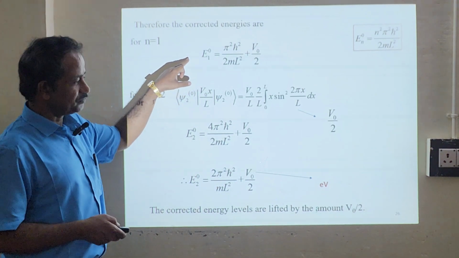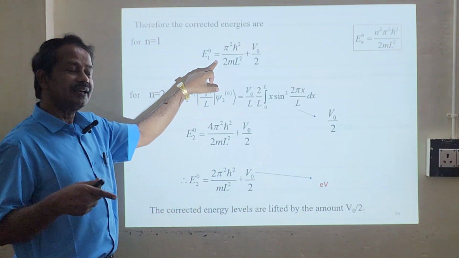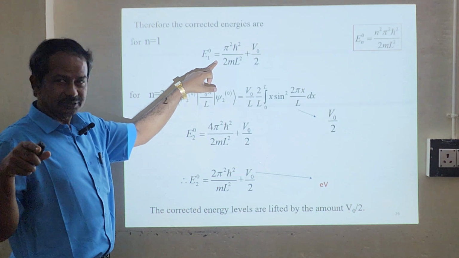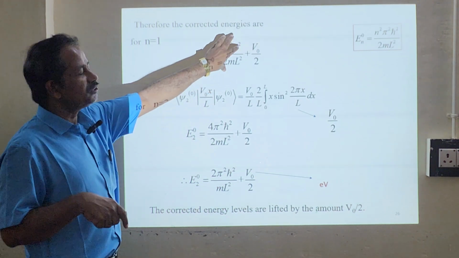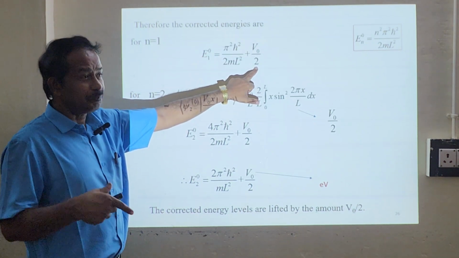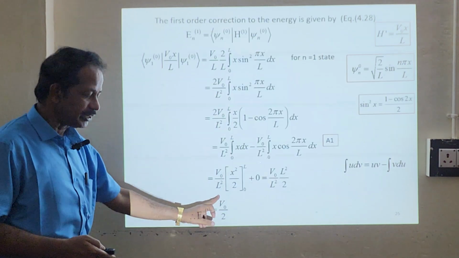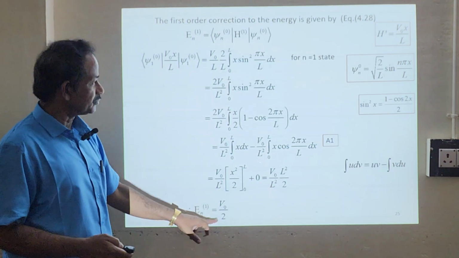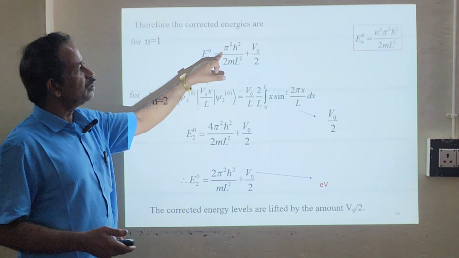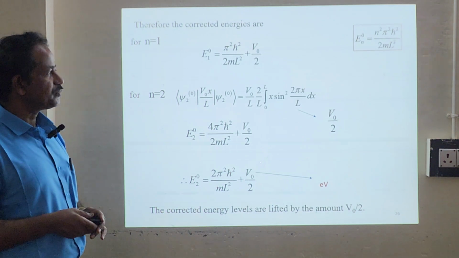Therefore the corrected energy. What is the corrected energy? E n equals, usually we will calculate E0 plus lambda E1. Correct? This is what we have done so far. So this will be your exact energy, and this will be from the perturbed one, the first order correction for the perturbed system. So we have already done V naught by 2. So now for n equal to 1, that will be given as pi squared h bar squared divided by 2m L squared plus V naught by 2. For n equal to 2,